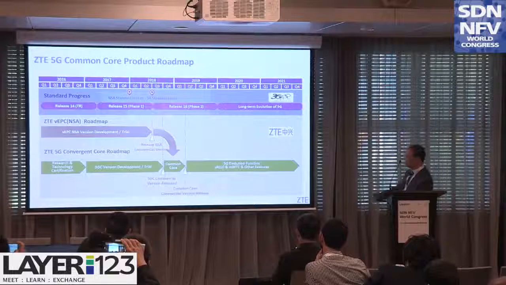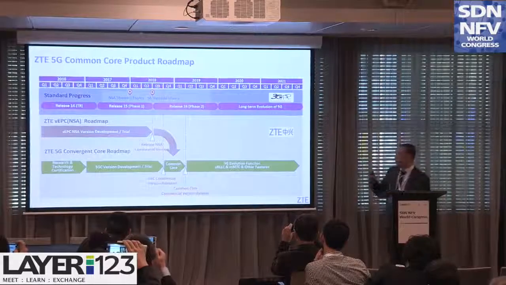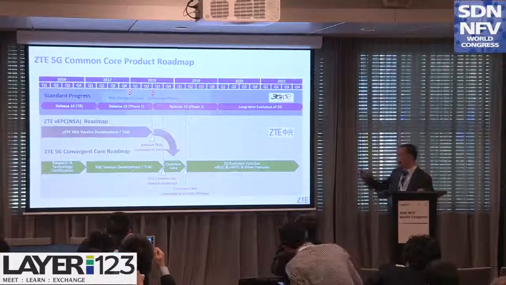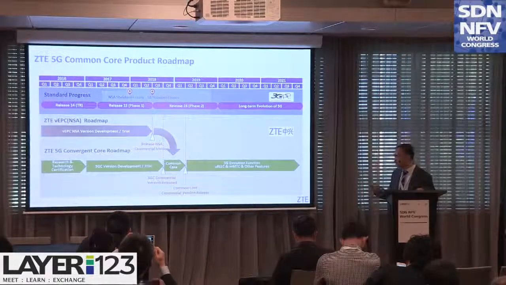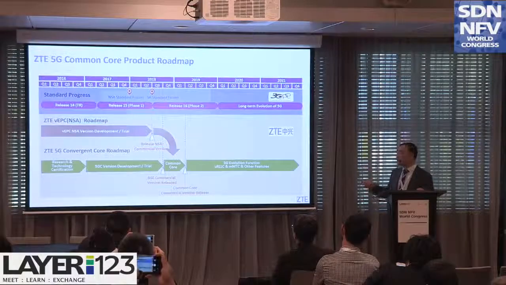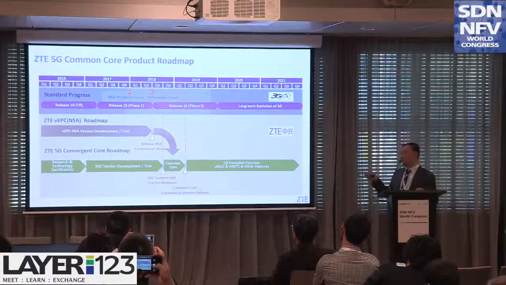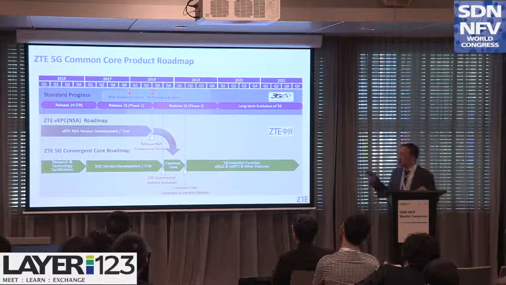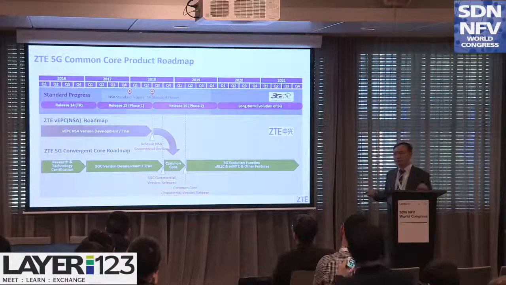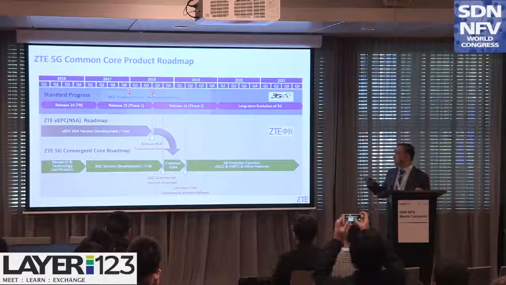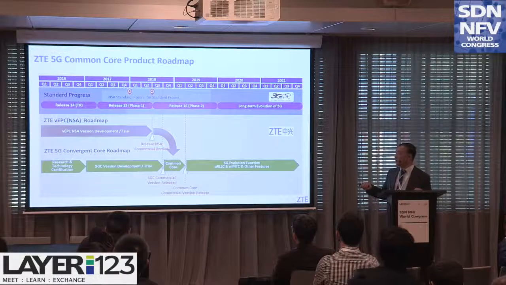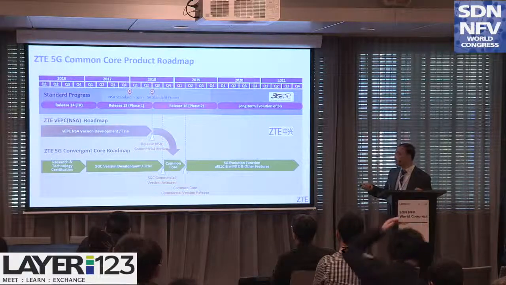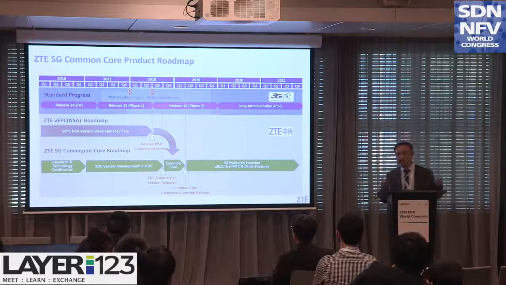I think this is the 3GPP roadmap and also the ZTE roadmap for EPC. In fact, ZTE has already deployed more than 100 virtualized EPCs all over the world. From maybe 4 years ago, we have had a virtualized EPC in Vietnam. We have virtualized EPC in a lot of countries commercially for years. And, of course, we provide our standard 5GC for standard NAND for any trial, for example, KPN, China